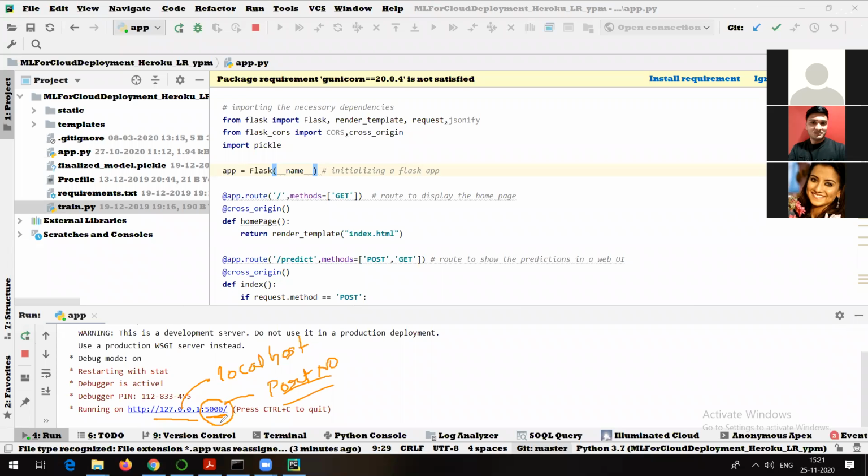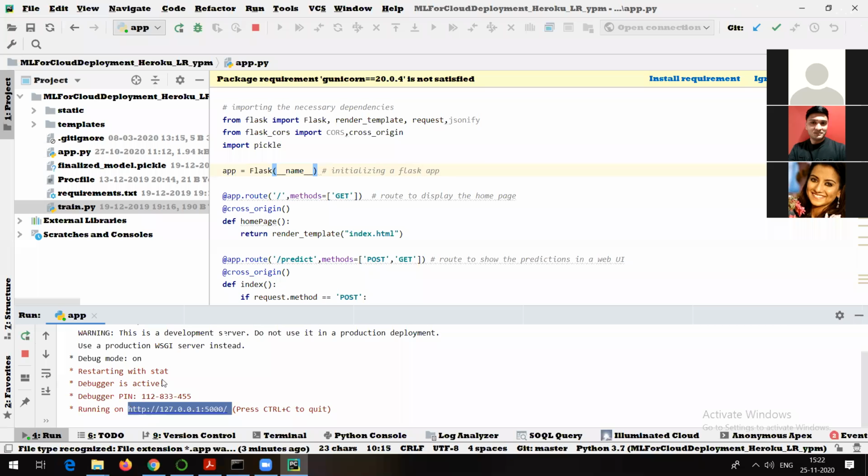If you want to change that port number, you can change. But in this program, I did not give any port number. That's why by default it is going to make the port number 5000. You can use 8000, 5001, whatever you want. Right? So now what I will do is I will go and directly copy this link. Okay, I will copy it.